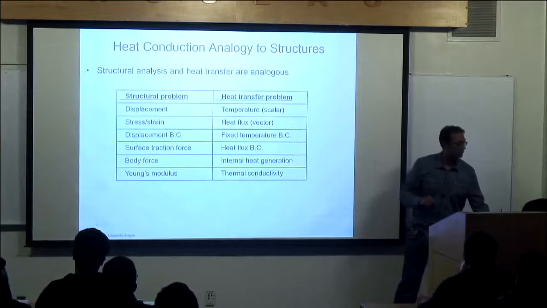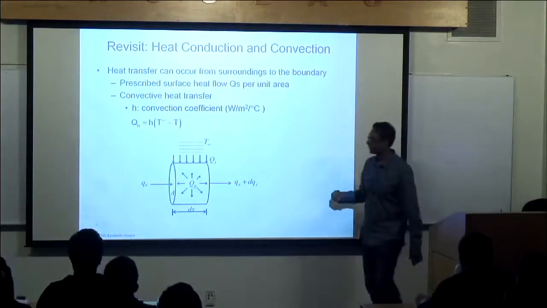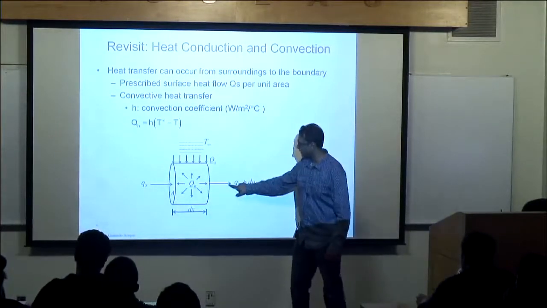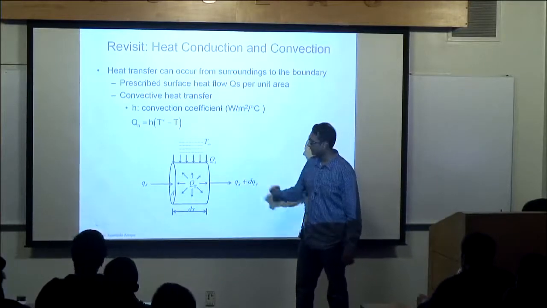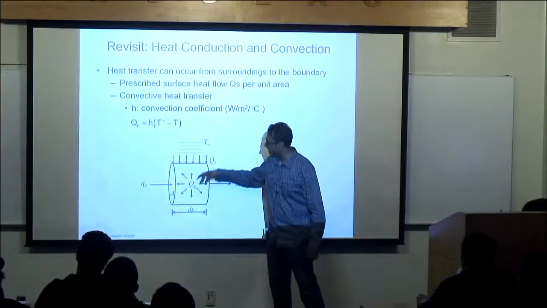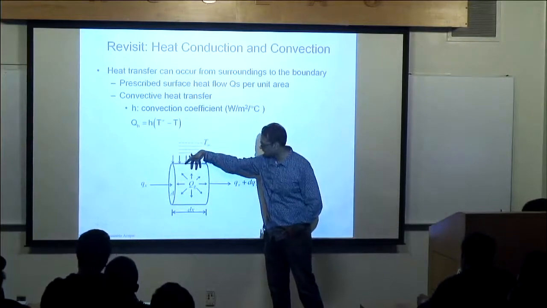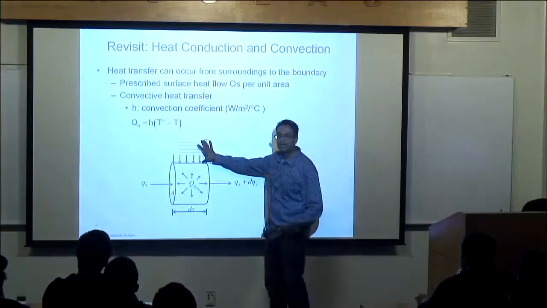If I look at a typical problem, you will have maybe heat flux coming in, and then you have a delta heat flux on the other side in a differential element. You can have heat generation. You can have convection, actually, from the sides, right? And so for heat convection, typically what you have is,